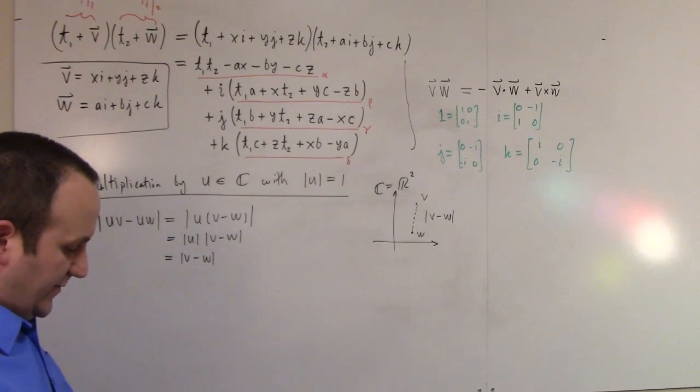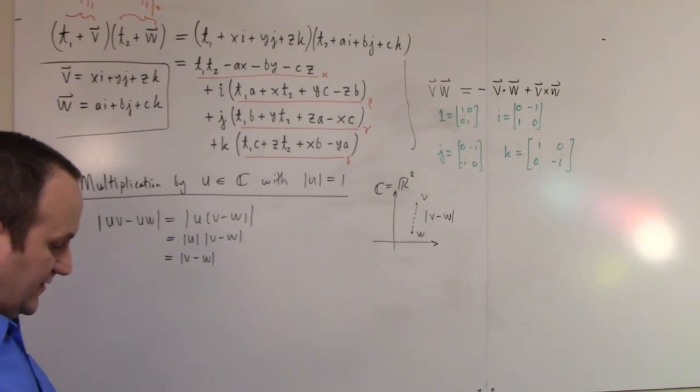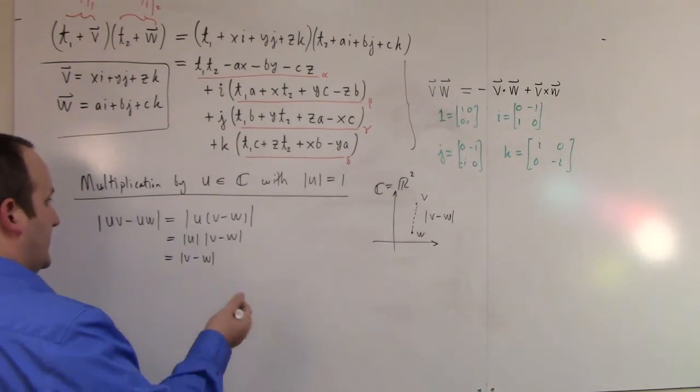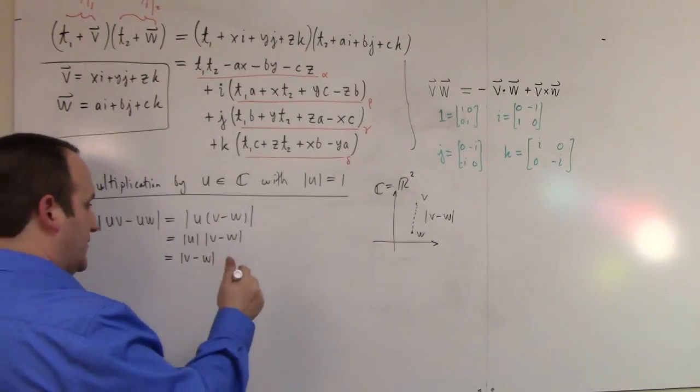He says, moreover, this isometry leaves the origin fixed because U times 0 is 0. But on the other hand, the only point that this multiplication, if you look at the transformation